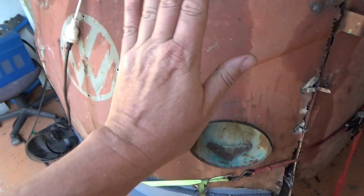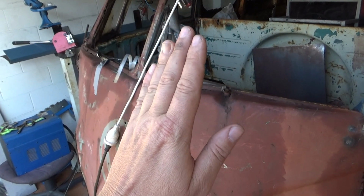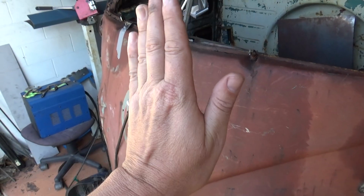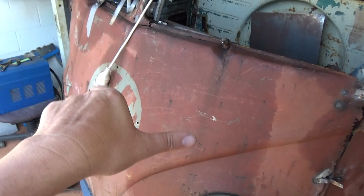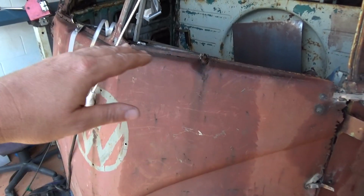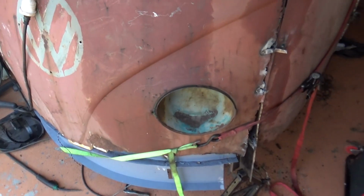So I'm trying to get the rake right, and then I'm trying to keep it from slanting, and then I'm trying to keep it level, which is difficult as well, so it keeps wanting to go out of level. So there's a fair bit going on here,